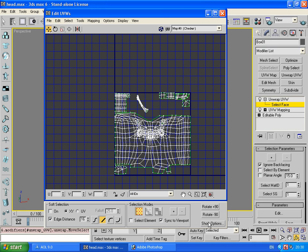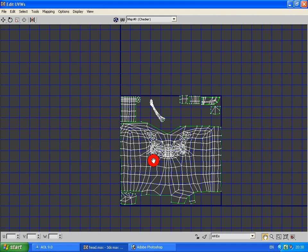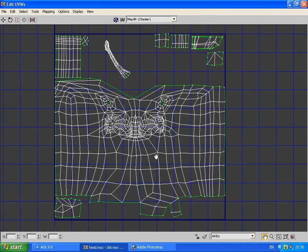What I'm going to do is, let's just zoom in like so, and we're going to hit the print screen key on your keyboard. If you have a power sleep wake up, it's underneath the power button on your keyboard. Print screen or system request. We hit print screen